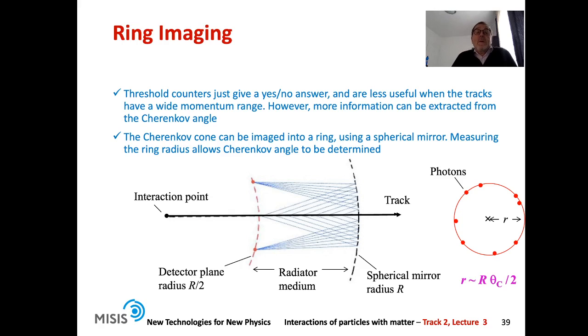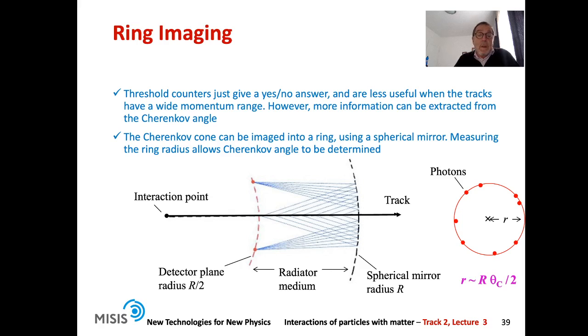Threshold counters just give a yes or no answer, but you can do more, and in particular it is important when your tracks have a wide momentum range. Then you could extract more information from the Cherenkov angle, not just use the threshold, but really measure the Cherenkov angle. The Cherenkov cone can be imaged into a ring using a spherical mirror, as shown in this figure, and then